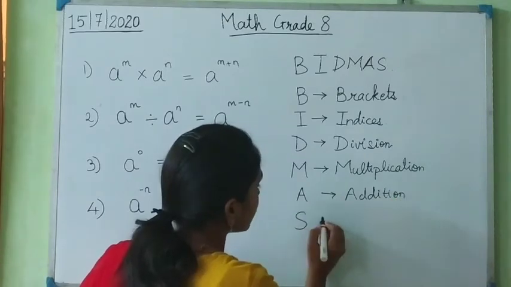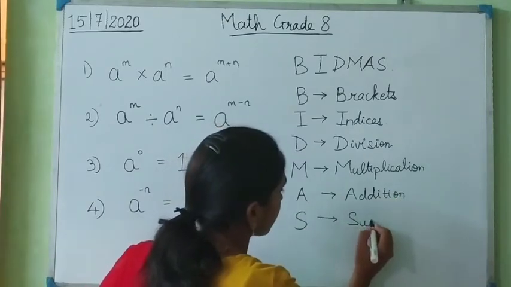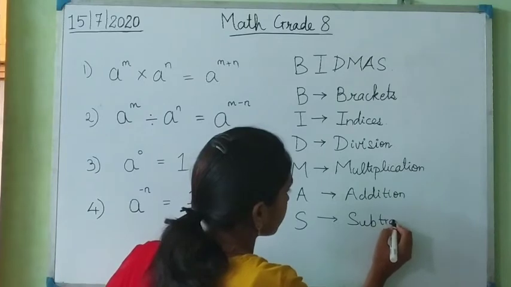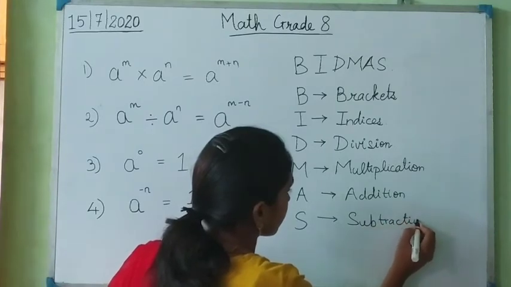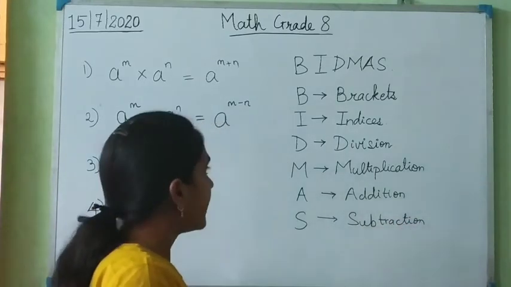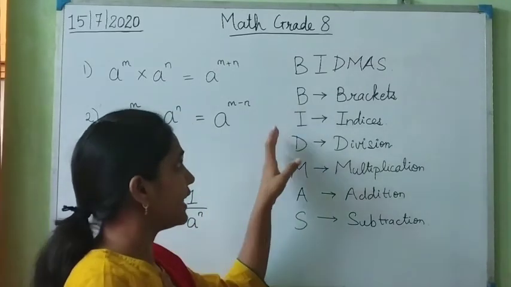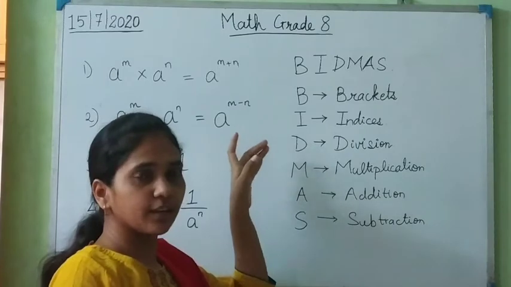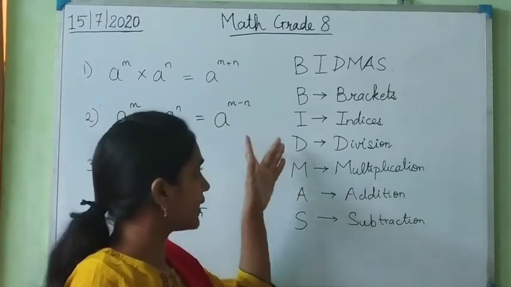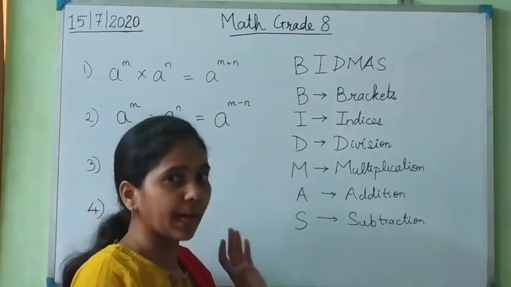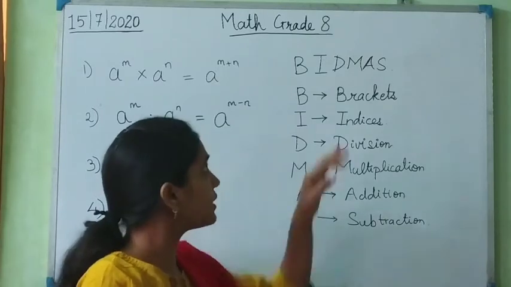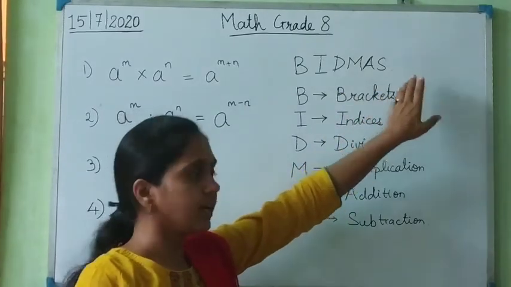And the last one, S, stands for subtraction. This means that in any simplification sum, if it has brackets, indices, or two numbers which are divided, multiplied, added or subtracted, then first we will solve the brackets, then we will